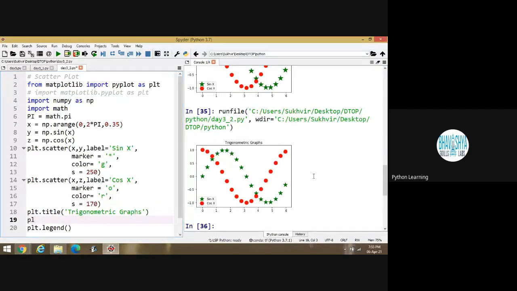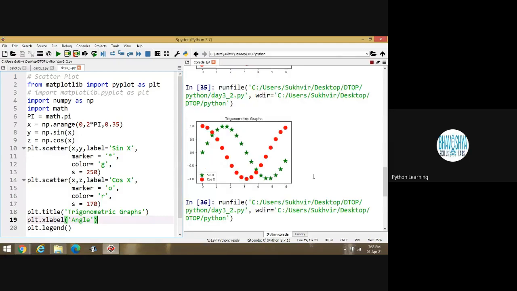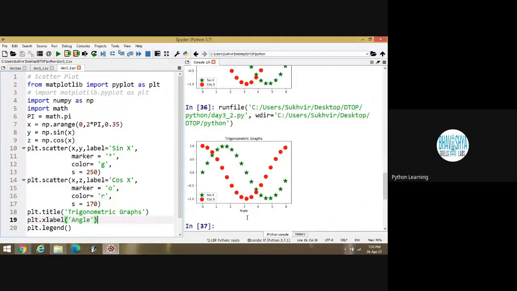After that, if I am writing plt dot x label, then I can write angle or whatever the content you would like to introduce. This one is the content. You can write angle here at the base.